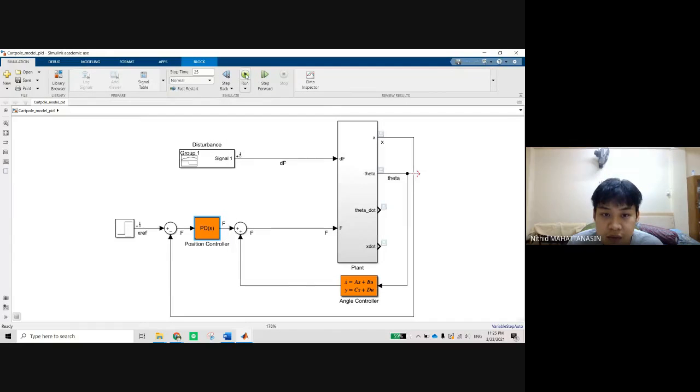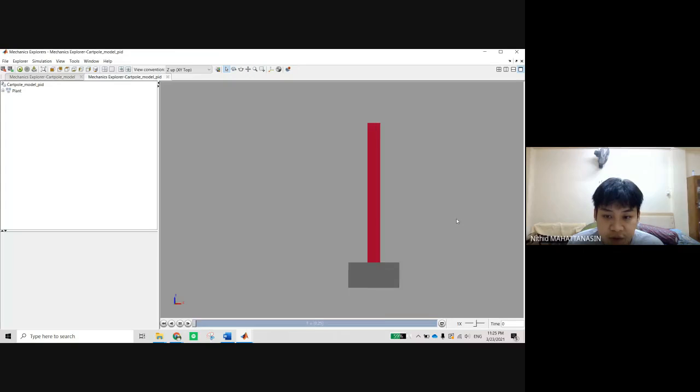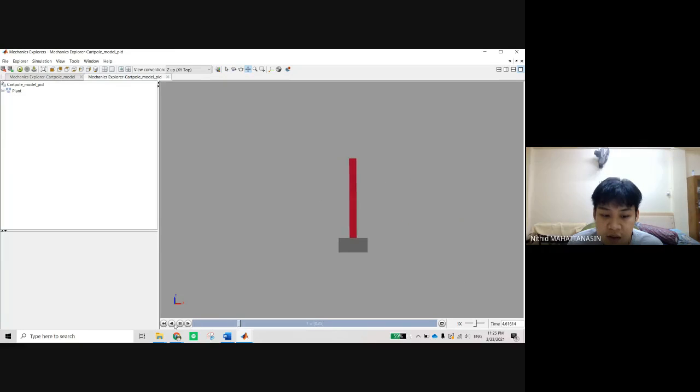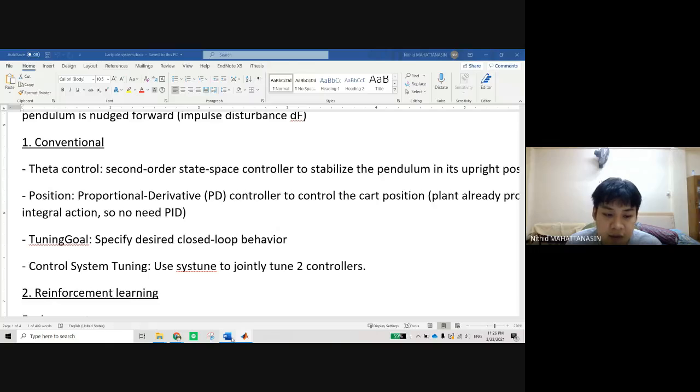I will run it to see how it works. As you can see, the conventional model can control the pole to stay in the upright position. The pole starts from upright, and the controller tries to keep it upright like this. So in this approach,